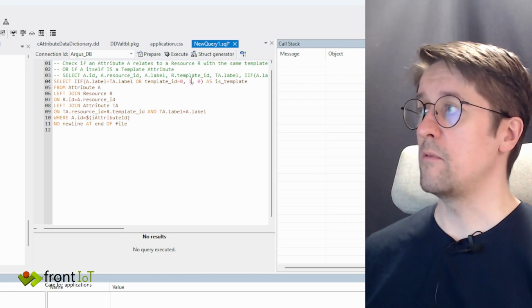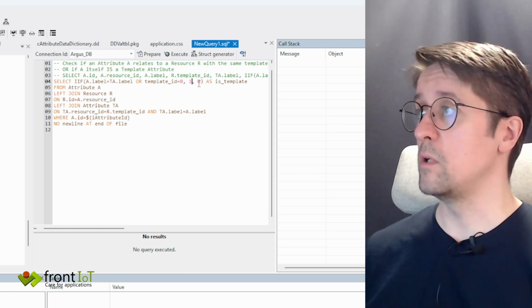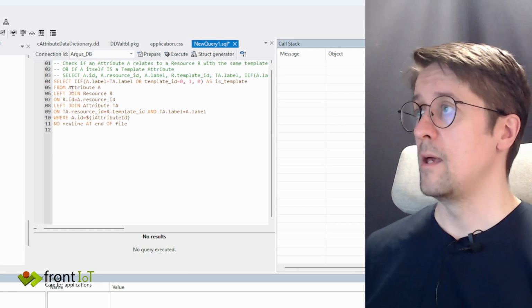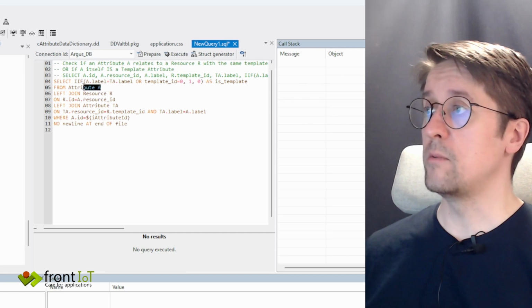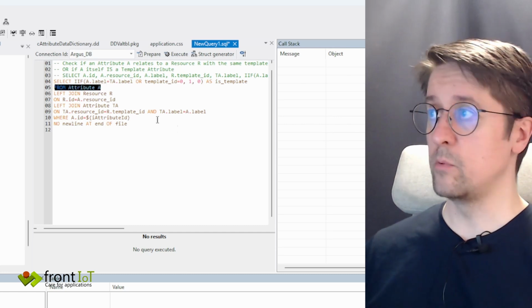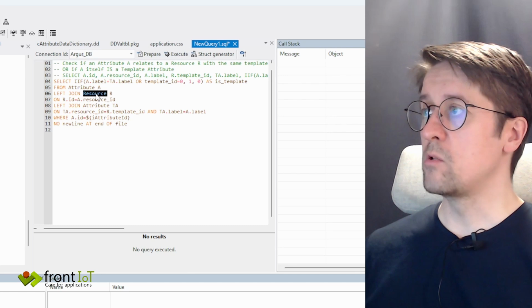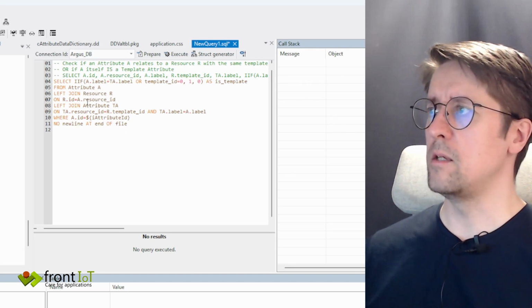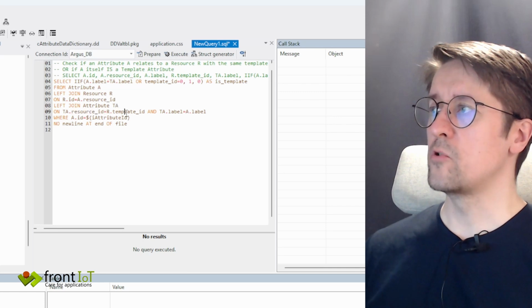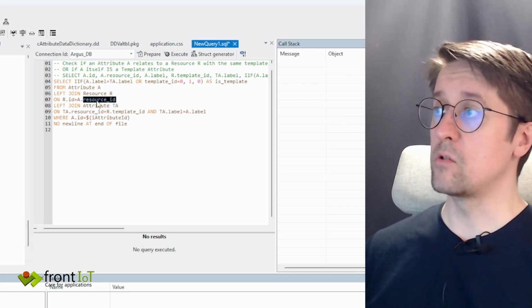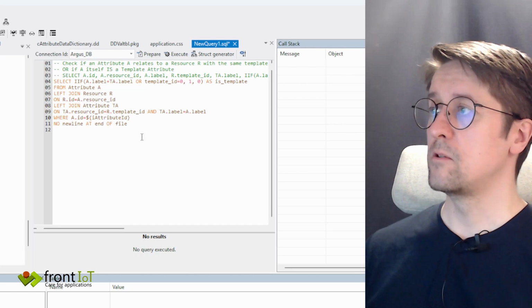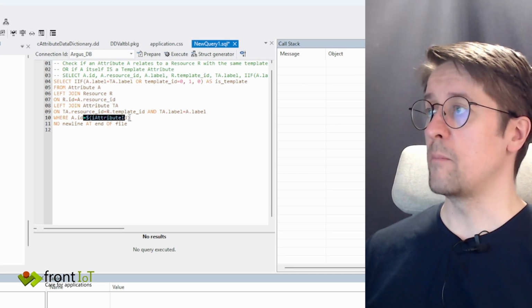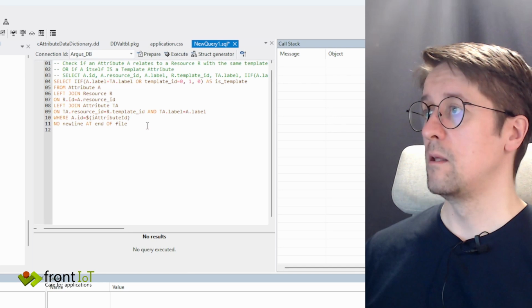Then we have a template reference, otherwise we do not have a template reference. And we check from the attribute table, that is our current attribute, to our resource, and then we check if the resource ID has an attribute TA that refers to the template ID of our resource, so that we can look up our attribute ID